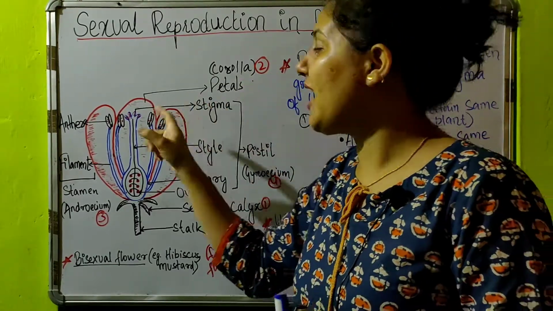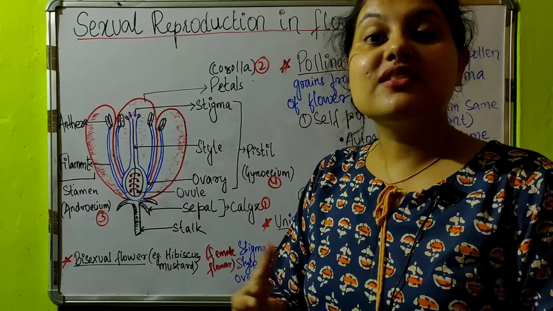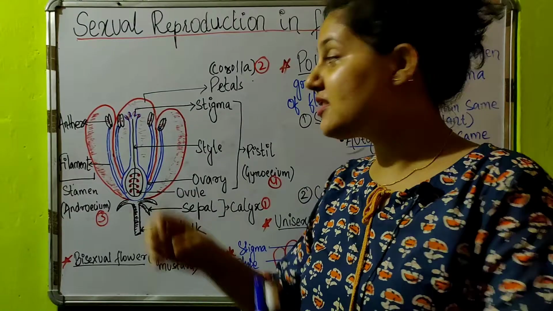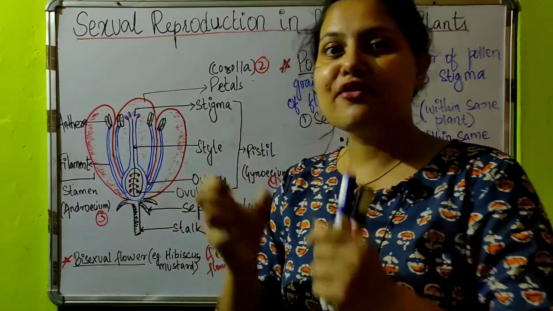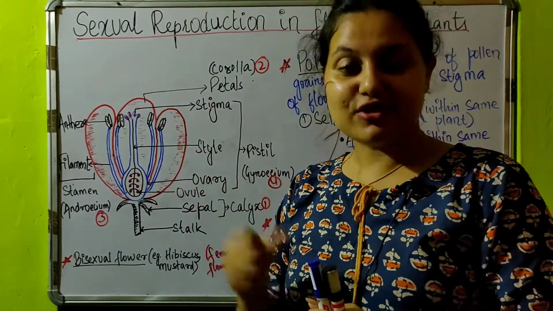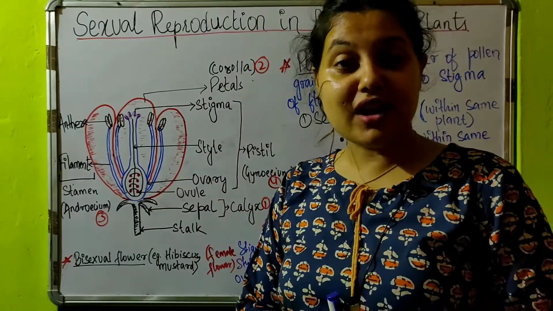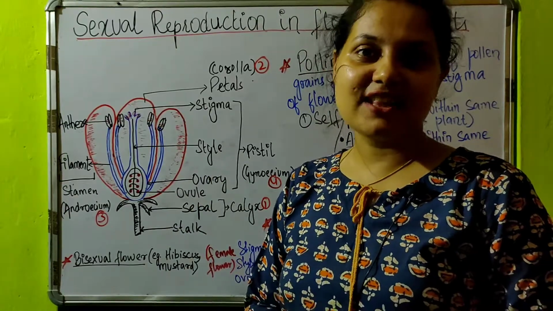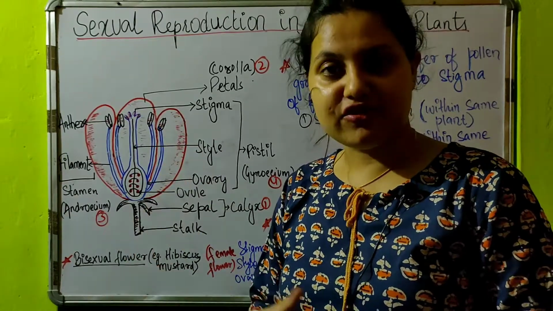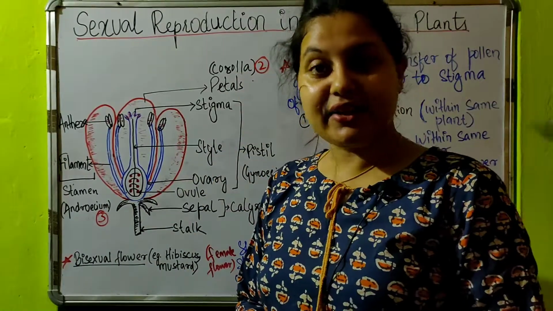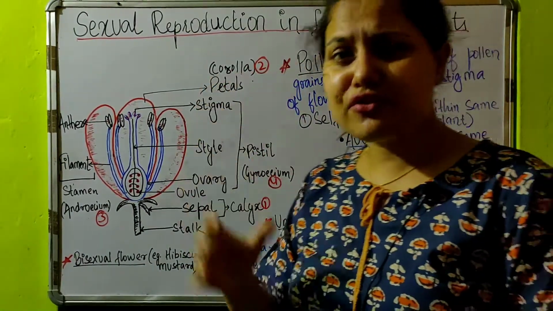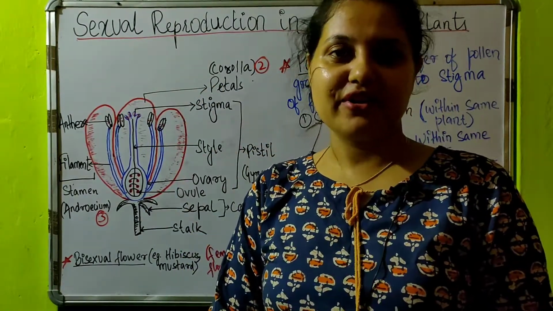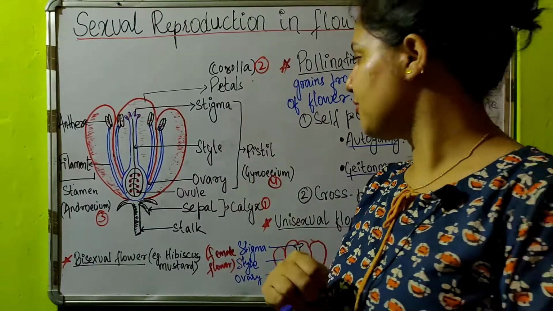Corolla is nothing but the petals. What does this help in? This helps to attract insects, because these petals are colorful and attractive, isn't it? So if someone asks you what is the function of corolla, they help to attract insects. And what do insects help in? Insects help in pollination, which we will be coming to later. Another function of corolla is that it protects the inner part of the flower. That is the two functions of corolla.